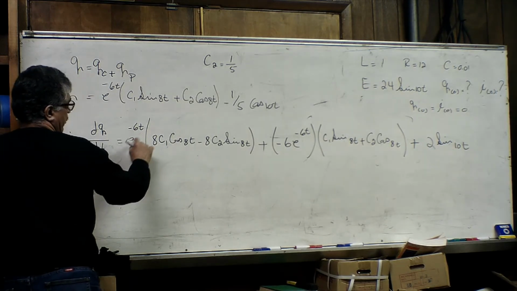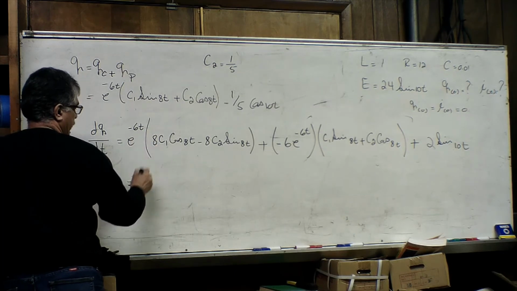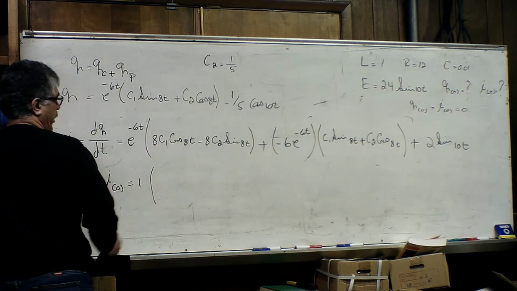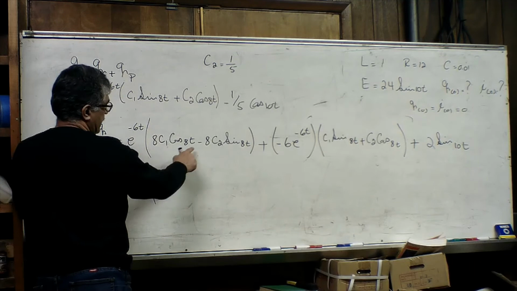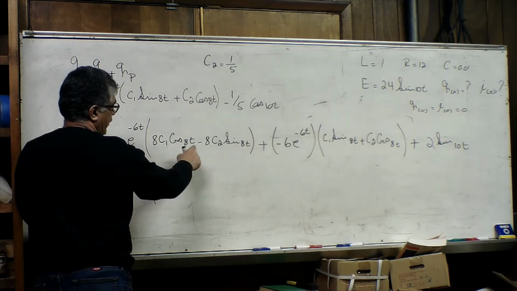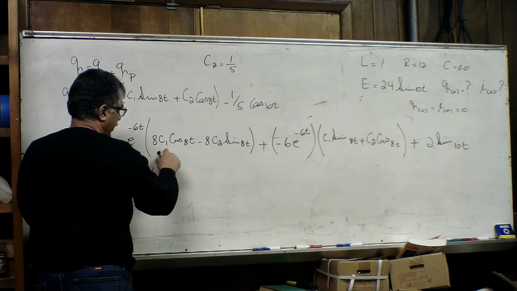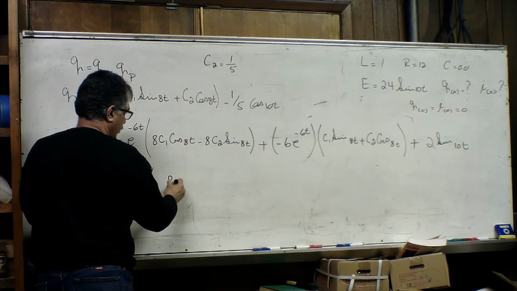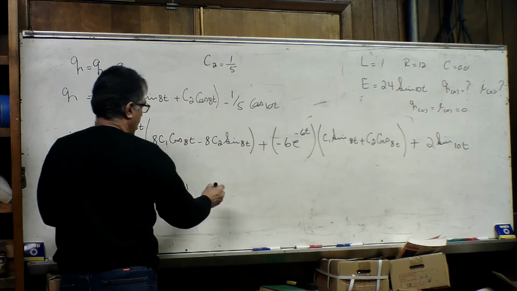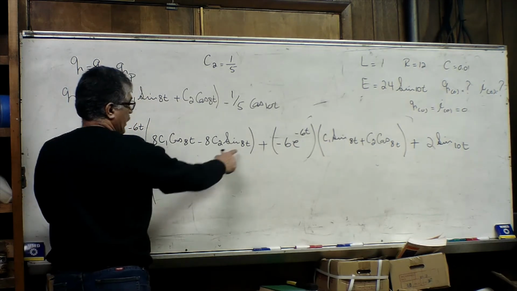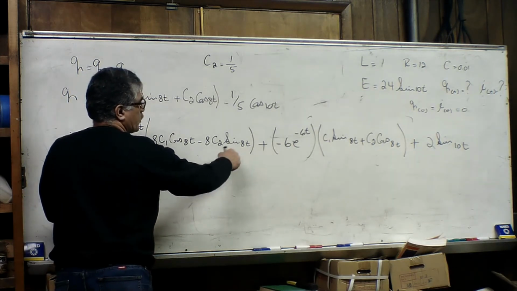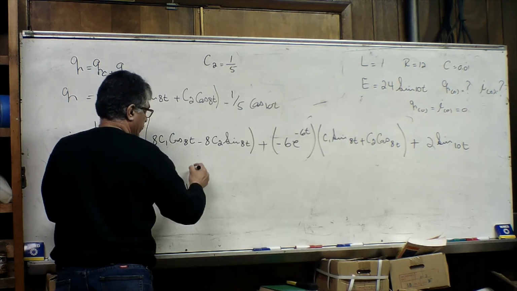When time is 0, we have e to power 0, which is 1, multiply 1. At time 0, we are going to have the cosine of 0, which is going to be 1. So we are going to have 8c1 multiplied by 1. At time 0, this will be sine of 0. So sine of 0 will be 0